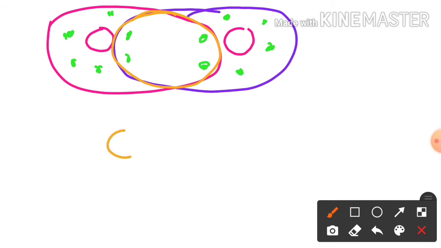And we can show it this way also: oxygen. Both pairs of electrons are called shared pairs of electrons, which we show at the center, and the remaining electrons are called non-bonded electrons or lone pairs of electrons. Those electrons which are not involved in the sharing, that one pair of electrons is called a lone pair. So here two things are defined: one is lone pair and one is bond pair. A bond pair is involved in the bonding, a lone pair is not involved in the bonding. So this side is one lone pair and this is another lone pair. On this side oxygen, this is one lone pair, this is another lone pair.